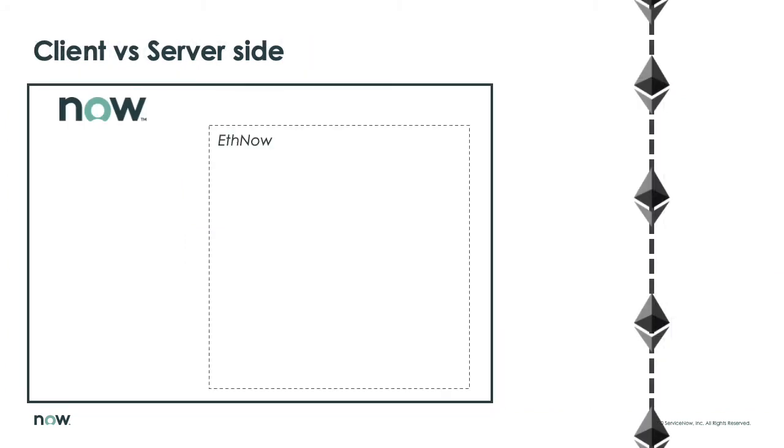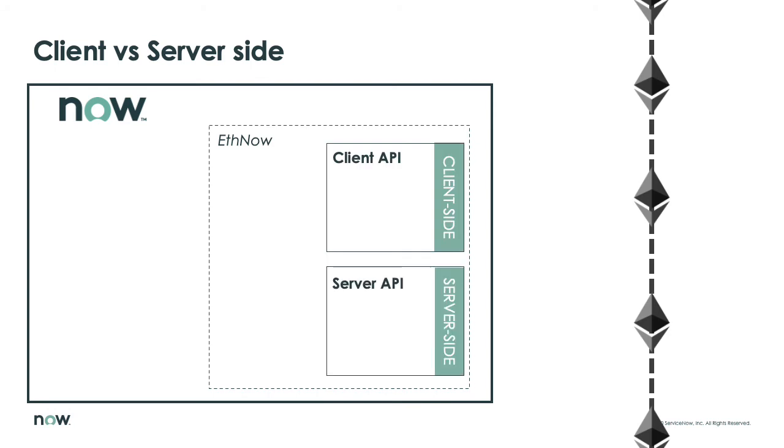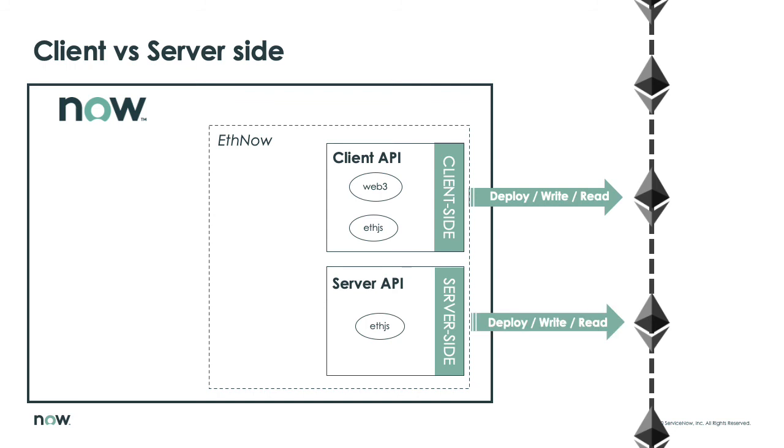The ISNOW connector is made by two parts, the client side and the server side. The client side allows to use all well-known Ethereum libraries like Web3 and EthersJS inside any ServiceNow object. The server side is more picky as the Ethereum libraries have to be adapted to the Rhino ServiceNow JavaScript engine. This process includes code configuration, polyfilling, and top variable mangling, and it has been done in the current version only for the EthersJS library. Both the client-side API and the server-side API can connect to the blockchain and deploy smart contracts, write to and read from the blockchain.